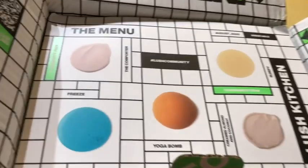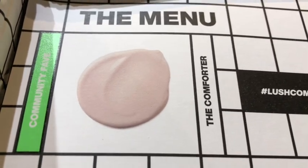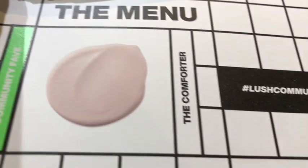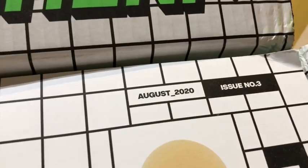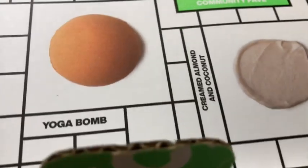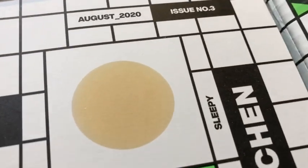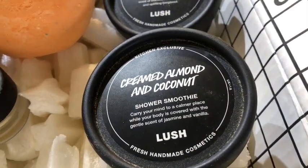And so this card shows you we've got the Comforter body lotion, and it says community favorite. We've got Freeze shower gel. We've got Yoga Balm bath bomb, creamed almond and coconut smoothie, and the Twilight solid perfume. And so now let me take this off so you can see there's creamed almond and coconut smoothie, the Comforter body lotion,